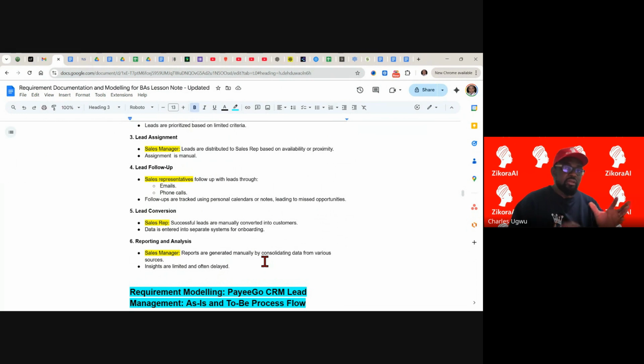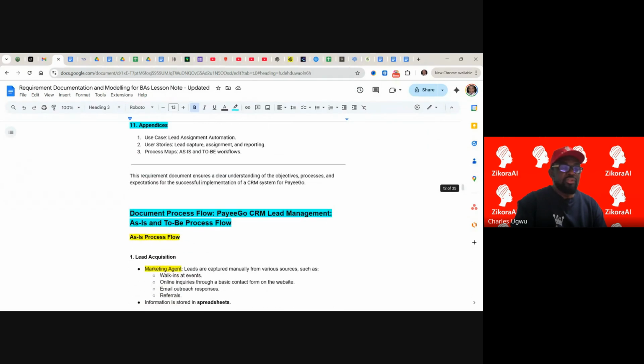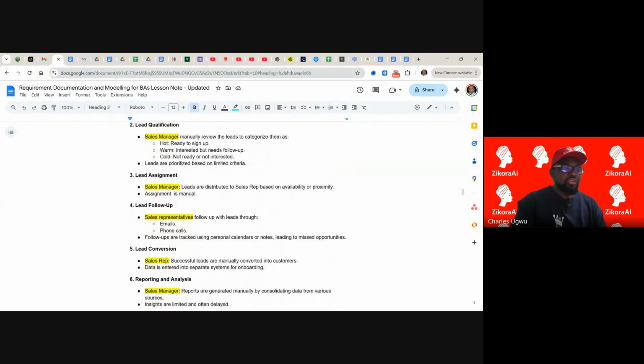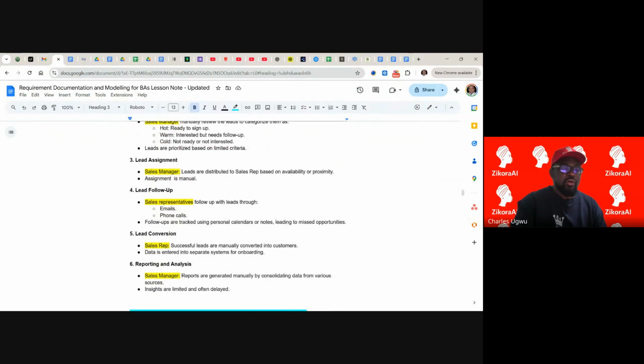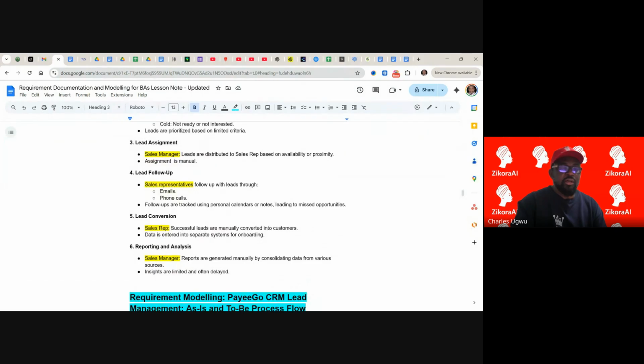So they gather data from different sources and merge it together to form a report. The insights are limited and often delayed. So with this detailed process flow we created here, we can jump in and start creating our process